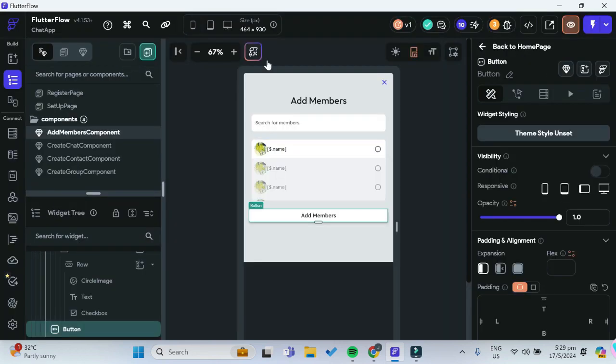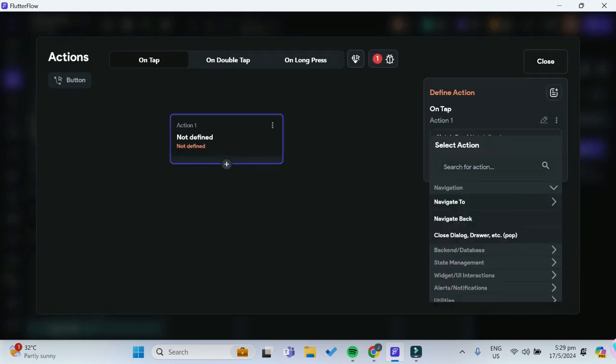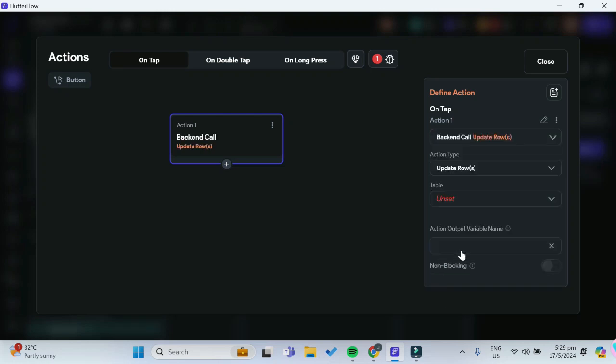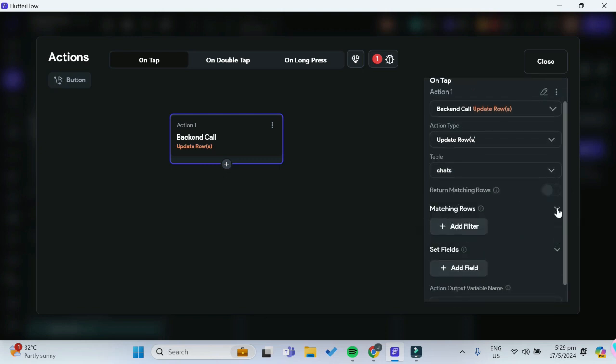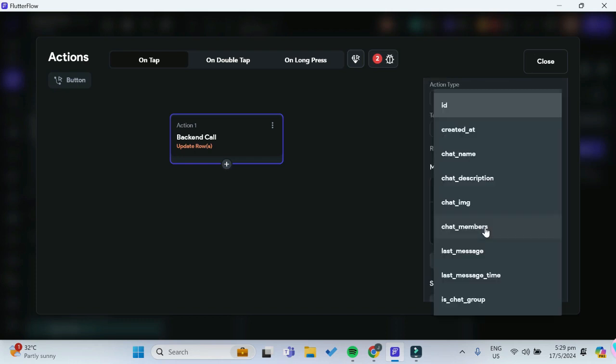Now we can close this, but one more function for the add members component over here is the actual inserting or updating of our Supabase row in our chats table. So with the add members button selected over here, we'll open the action flow editor, and we'll search for Supabase. And this time, instead of inserting a new row, we want to update rows. We want to update the chats table, and for matching rows, we want to add a filter. And we only want to update the row where